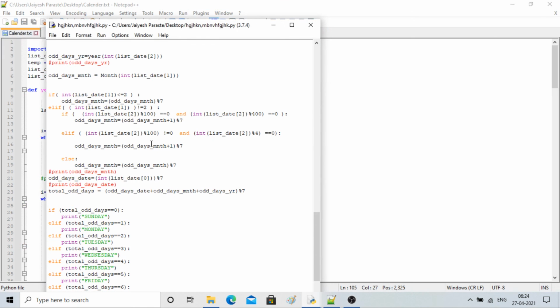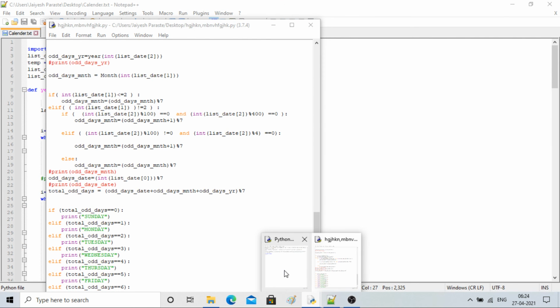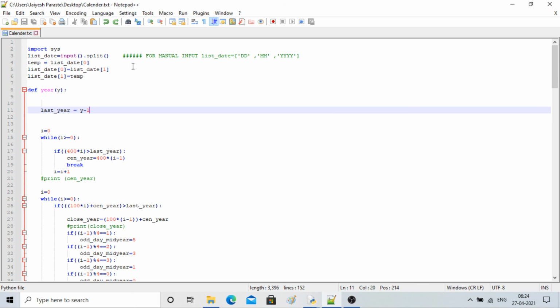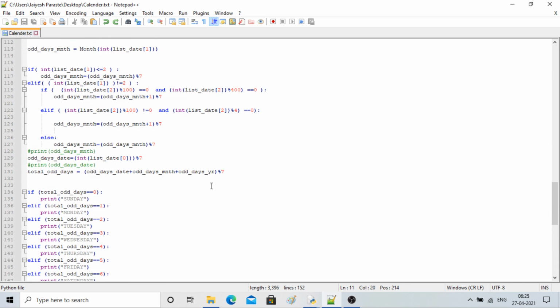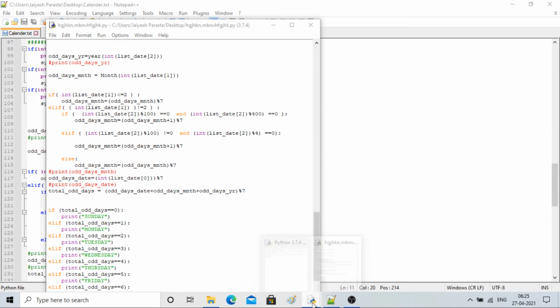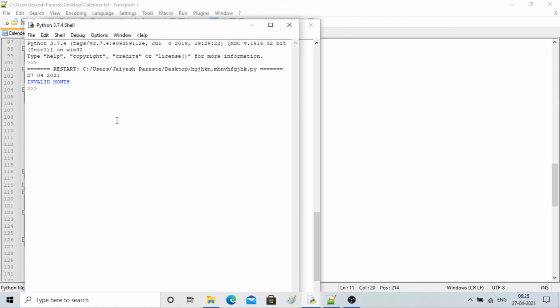One minute. So it is ddmm, input ddmm y. So it will take care of everything, right? Constraint is out of range. Which is out of range, year or month? The month is out of range. I think I have given it in a wrong format.